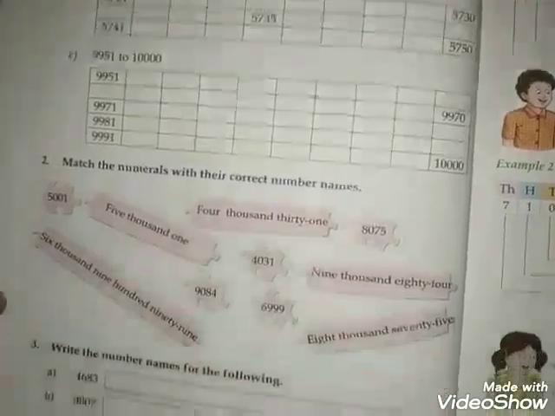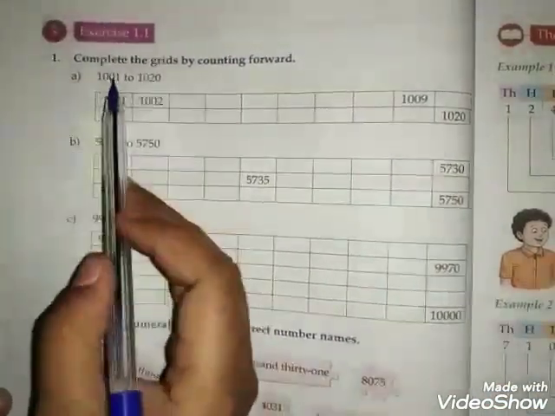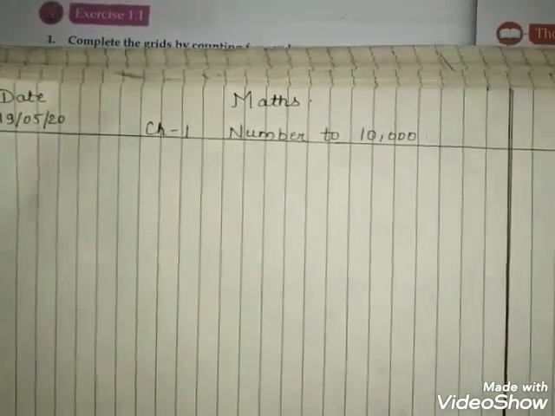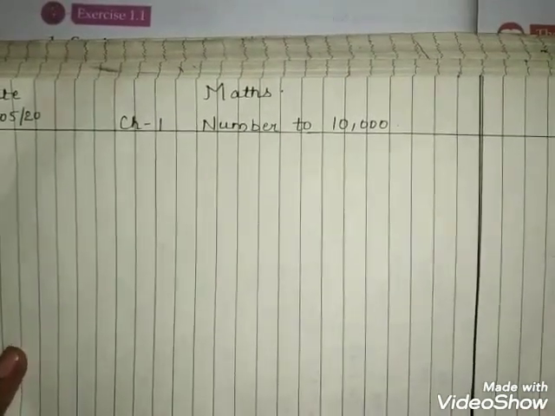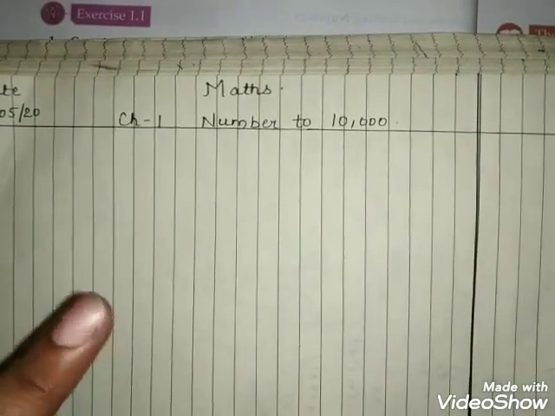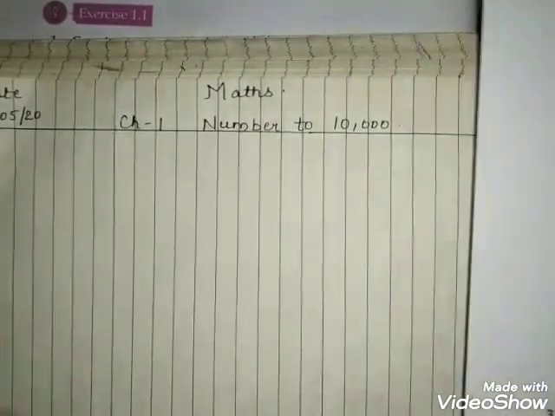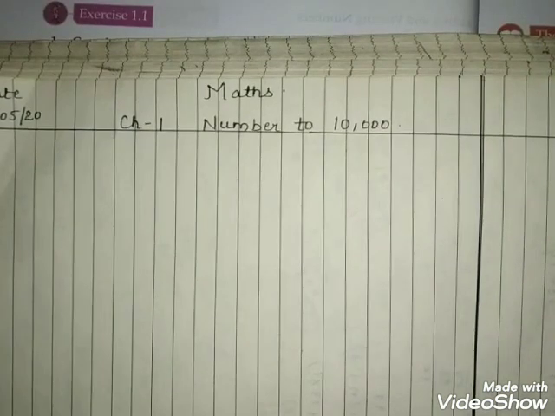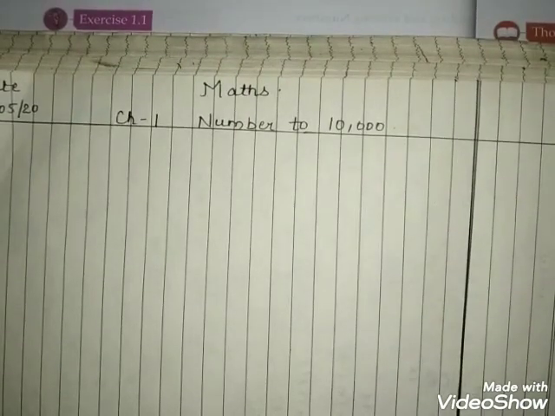Students, please take out page number 16, which is exercise number 1.1. Now take out your math notebook, which must look like this. As I have already told you, the horizontal notebook is your math notebook. So you have to leave the first page and second page. In the first page you have to write your name, class and section, and in the second page you have to write the index. Now from the third page you have to start writing.